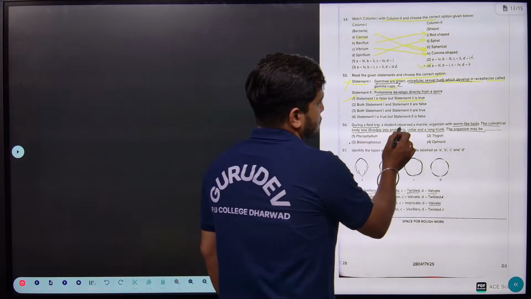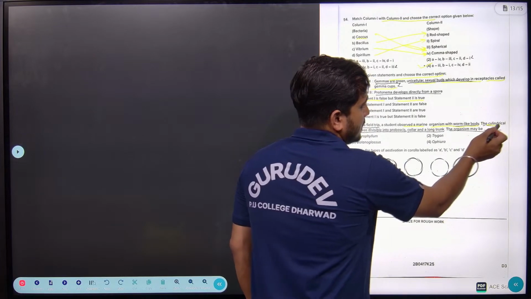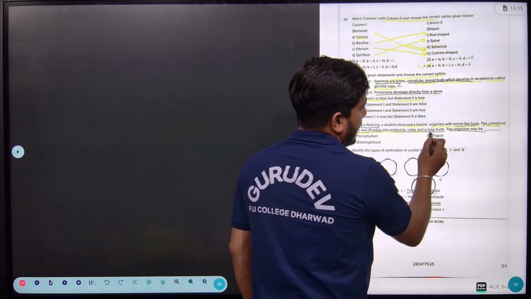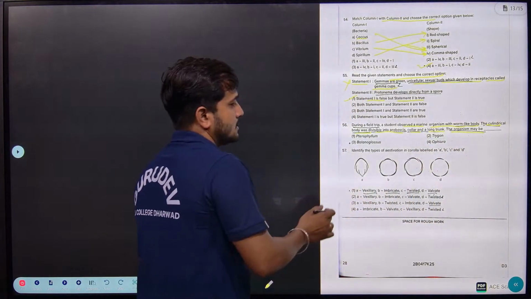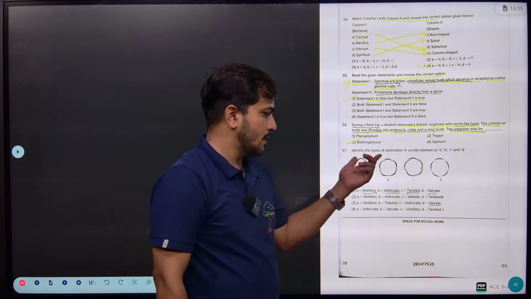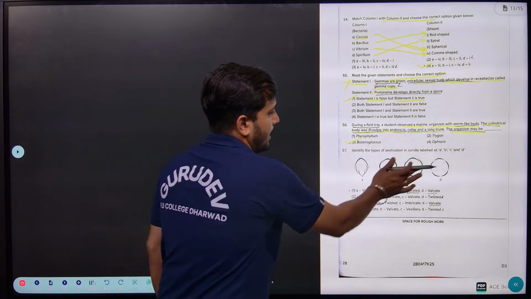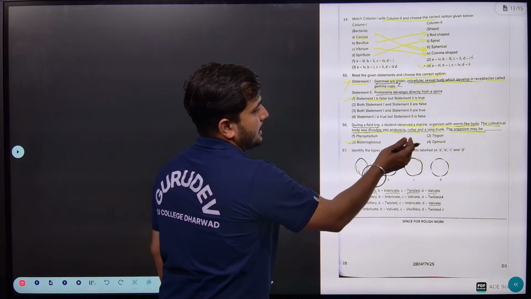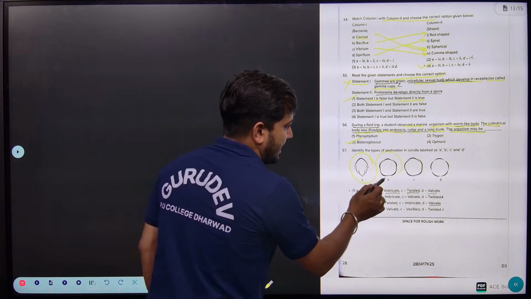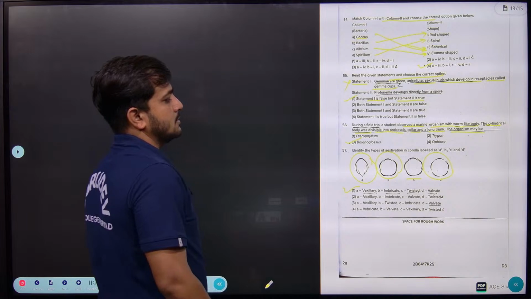During the field trip, a student observed a marine organism with a worm-like body. The cylindrical body was divisible into proboscis, collar, and a long trunk. The organism may be known as Balanoglossus. So based on this, the answer is Balanoglossus. Then the 57th question: identify the estivation type. Axillary type, imbricate type, twisted, and valvate. With respect to that, the answer is option 1.